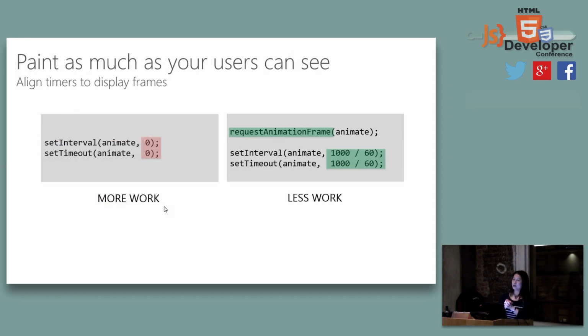Okay, another one is about requestAnimationFrame. I know that a lot of you probably know that already, pretty clear. But sometimes you still use something like setTimeout or setInterval. You do something like 0. What does that 0 mean? When you try to do some animation and put a second parameter 0, that means doing as many as possible. That means there's no interval set up.